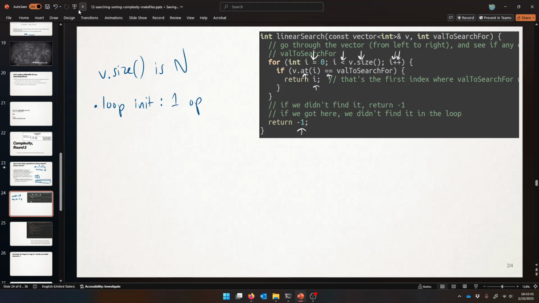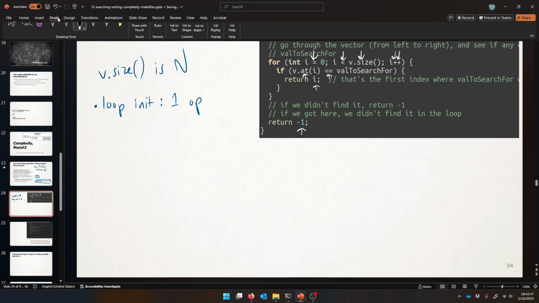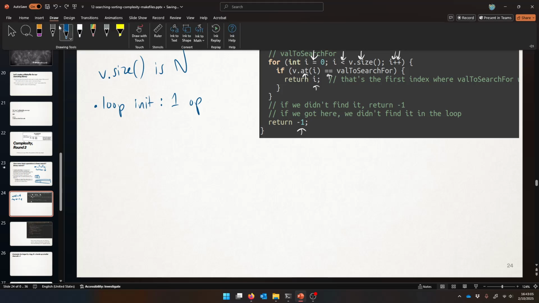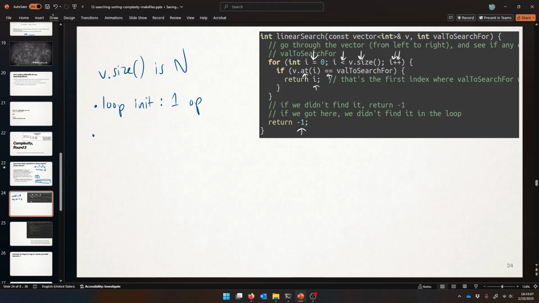And then we have to worry about this loop. So what's it going to do? It's going to loop. How many times will it run the body? Well, from 0 to size minus 1, that's n times total, won't it be? So it's going to do condition, body, increment, n times. And that's how many operations? 1, 2, 3, 4, 5, 6, 7. So n times, it's going to do 7 operations. I hope you see that. Do n times